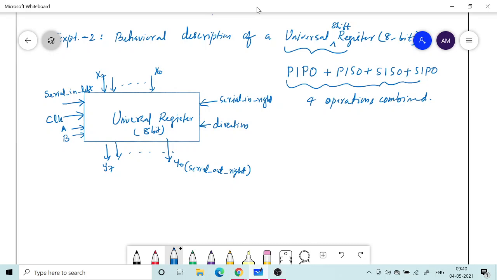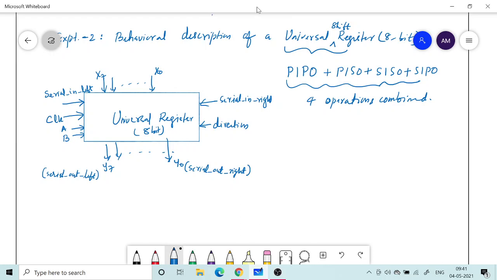But if you are considering it to operate as a parallel in serial out, then you take out the data from Y0 if you are doing the right shift. But if you are doing the left shift, then your data should be taken out from Y7.